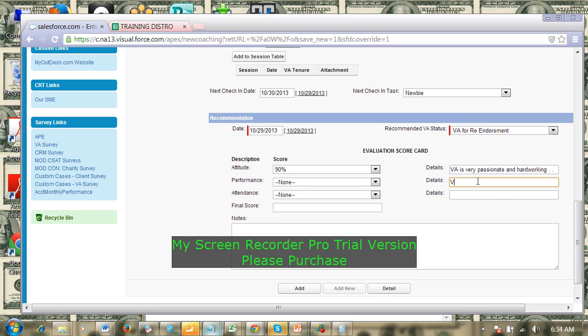Then performance, let's say VA is able to deliver tasks on time or on the given due date, on the given deadline, and so.